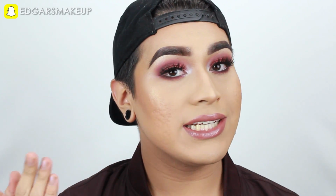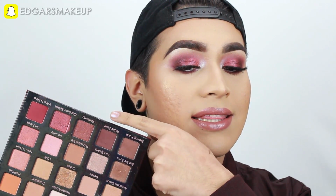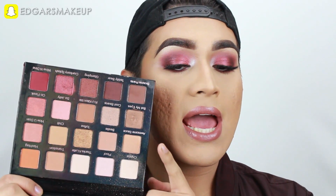I really enjoyed that all of the colors, especially the darkest colors, which if you guys know, they usually tend to have a lot of fallout, but the fallout on this was very minimal. I did the eyes actually after my foundation today, which I usually don't do, and I am in love with the results. I love all of the shades in this palette because they are super neutral and wearable. I use mostly these cranberry shades over here, and then this white shade right here for the inner